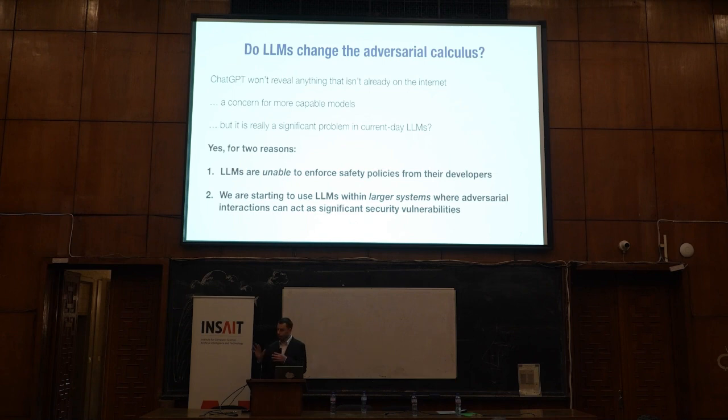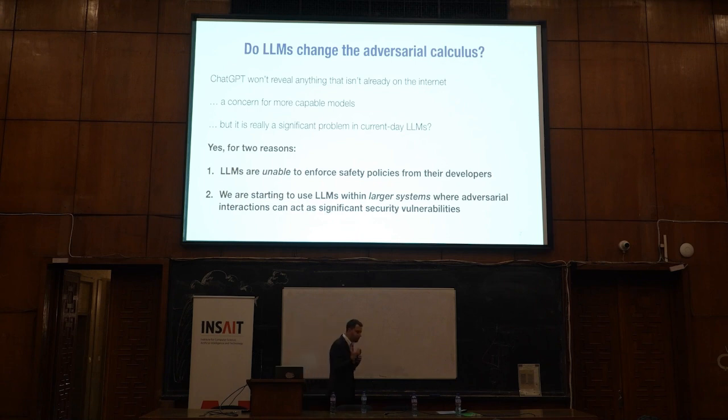However, I want to try to convince you that this is a problem. And it's a problem for two important reasons. The first is what I alluded to earlier. What this really is showing is not the fact that a model will build a bomb or will hotwire a car. What it's showing is that the policies that developers try to put in place on these models are extremely hard to enforce, right? ChatGPT, Anthropic, Google, they don't want the models to tell you how to hotwire a car, yet you can easily manipulate them into doing so. And I'll talk about how that works in a second.